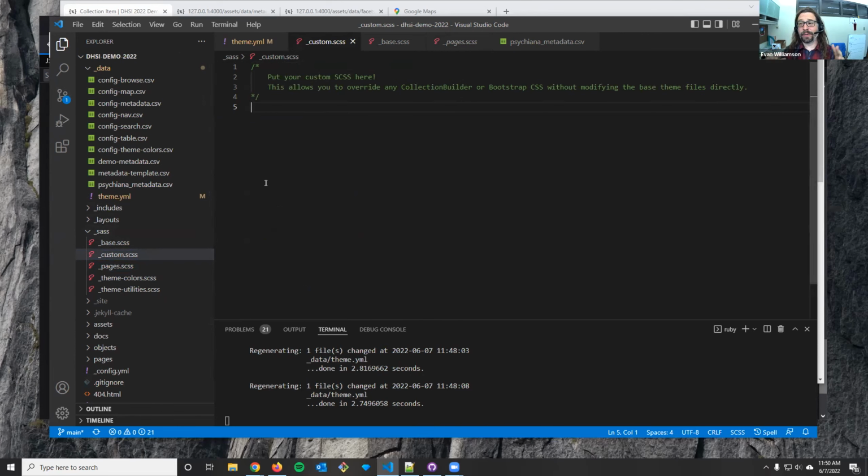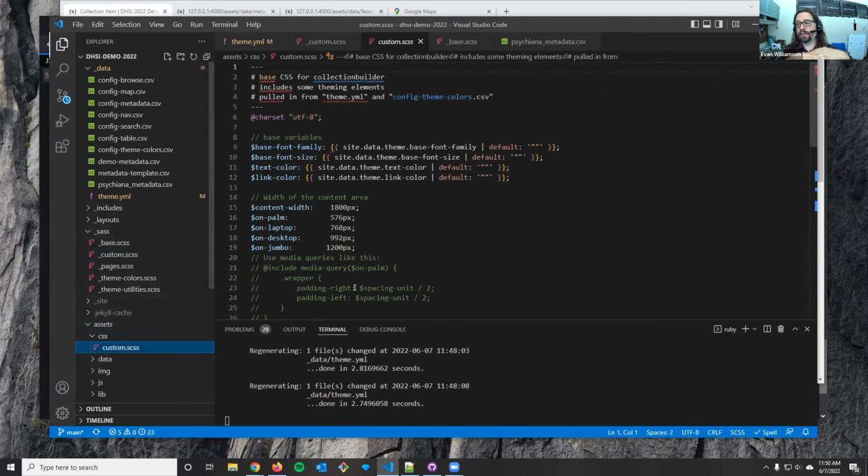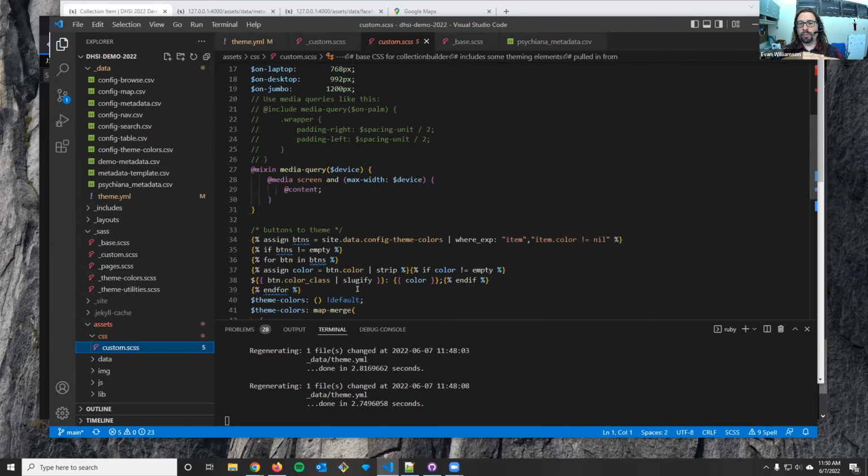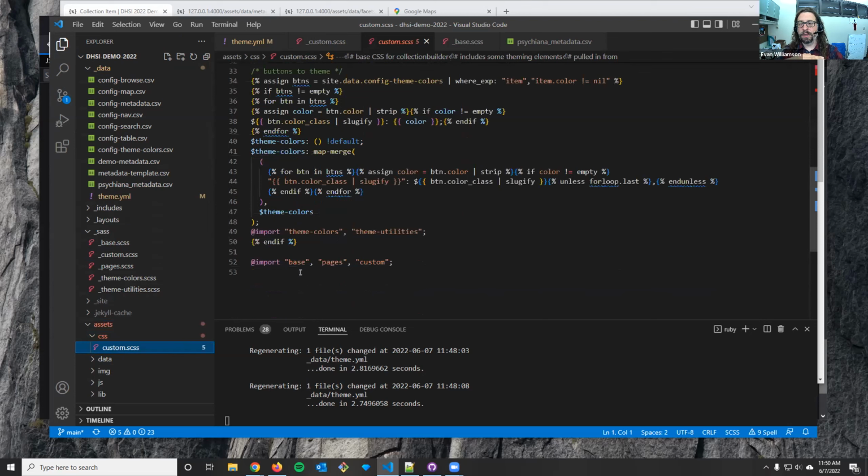And so what you want to do is we have Bootstrap, and that's the first set of styles that come on. Then CollectionBuilder puts on some additional styles. And then this custom CSS is the last one. So anything that you put in there overrides everything else. And so that's how you really want to do your customization, is to be able to continue to override the things that are there. So that way you don't have to redo the entire theme. You don't have to go and edit Bootstrap. You just override the little bits and pieces that you want to override in the custom